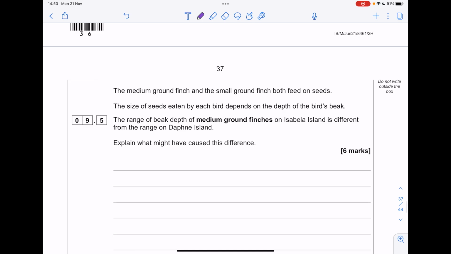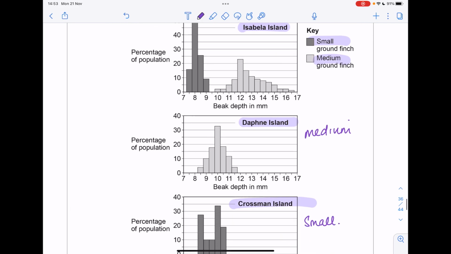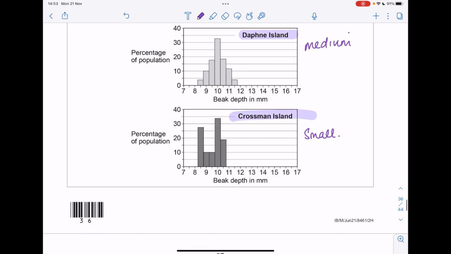The medium ground finch and the small ground finch both feed on seeds. The size of seeds eaten by each bird depends on the depth of the bird's beak. The range of beak depth of medium ground finches on Isabella Island is different from the range on the Daphne Island. Explain what might have caused this difference. So remember, on the top island, Isabella Island, we've got a good selection of both small and medium ground finches,